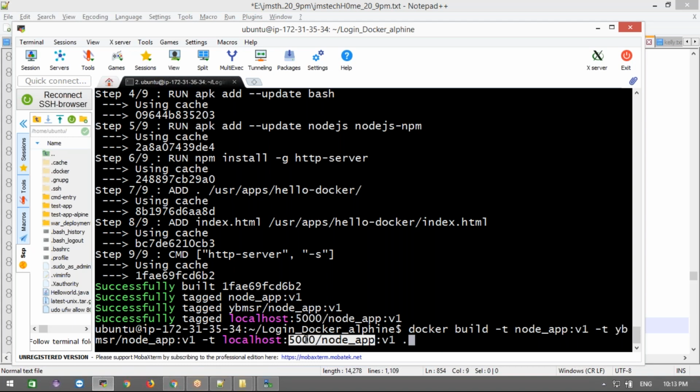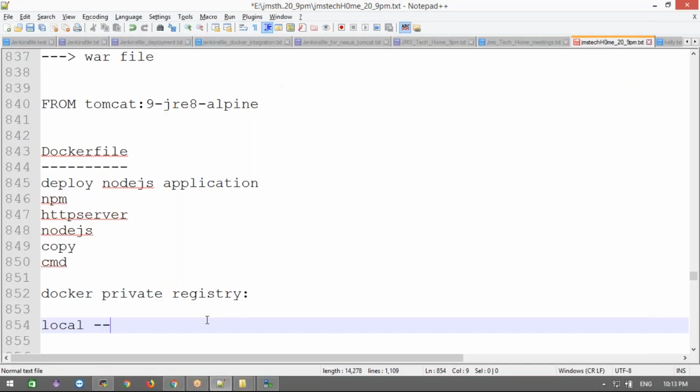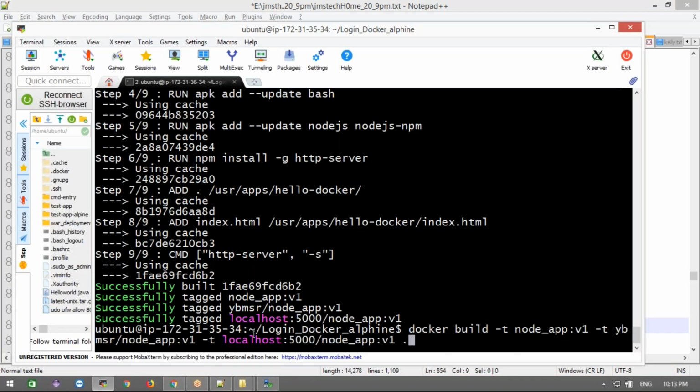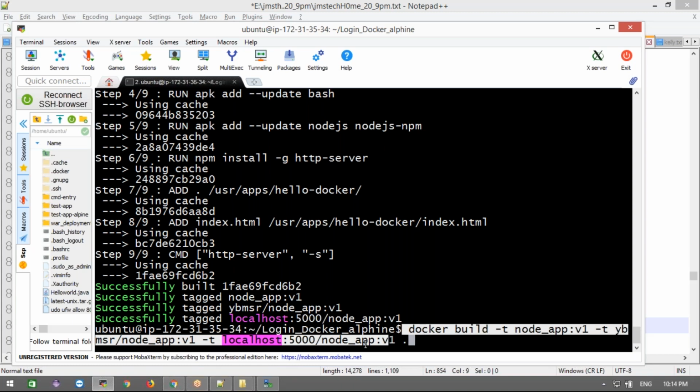Clear, right? Now I can push this image to my Docker Hub. This is a private Docker registry running on port 5000 on my local machine, which I'm going to teach you later on. This option we already did earlier with 2 commands; now we created 3 images at a time.